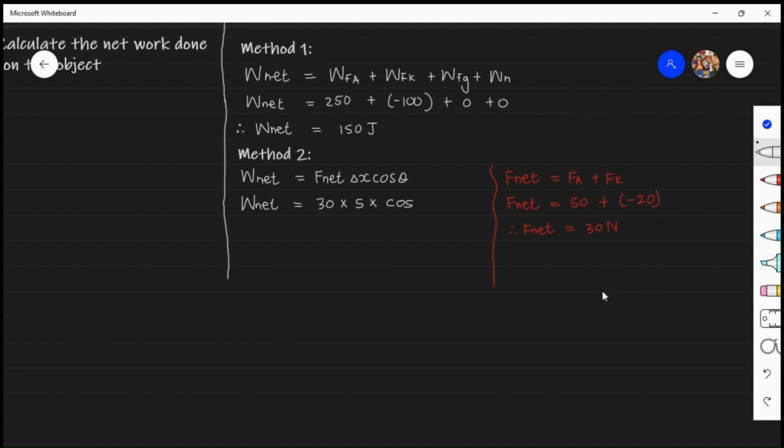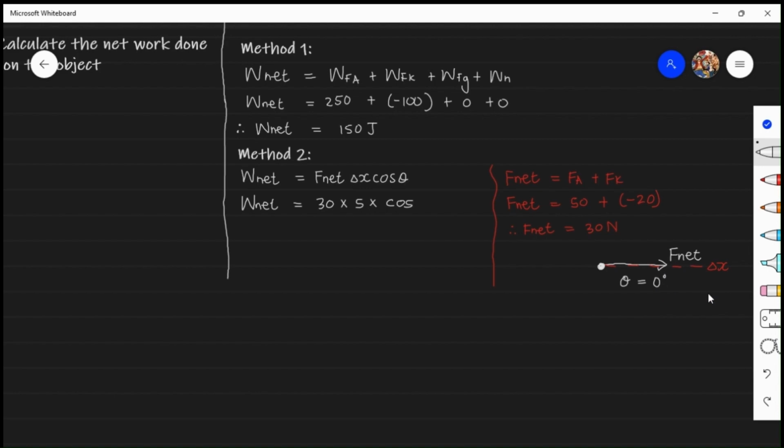So let us draw a dot to represent the object, and my displacement is still in the right direction. And as we can see, we obtained a positive value for F net. Therefore, my F net is going to be in the right direction, and as you can see, there is an angle of 0 degrees